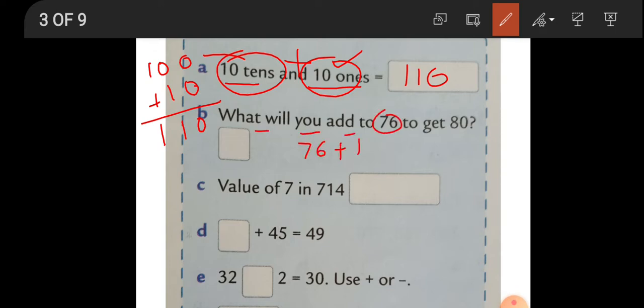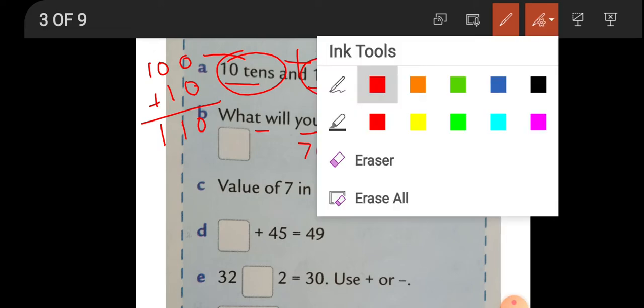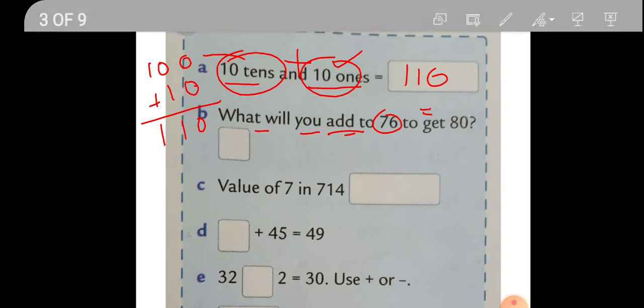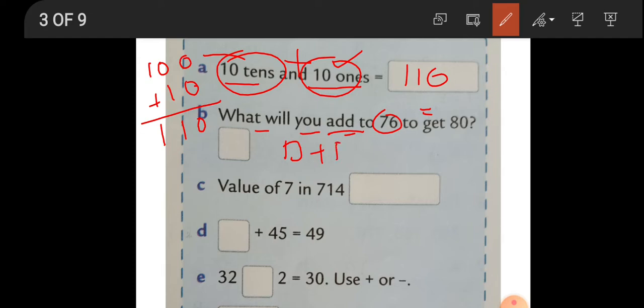Next, what will you add to 76? This is 76. What will you add? This we don't know. The equals sign means this is the answer. So what will you add to 76 to get this? Always remember, see, two boxes are there. Space is less. Okay. Now see, suppose there are two boxes like this, and an answer. If you want to get the second answer, whatever is given to you, whenever you want the first box or second box, what do we need to do? We need to subtract, we need to minus. Okay, children.